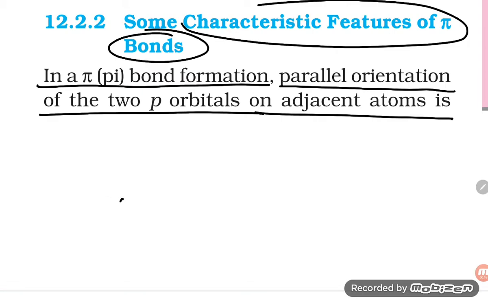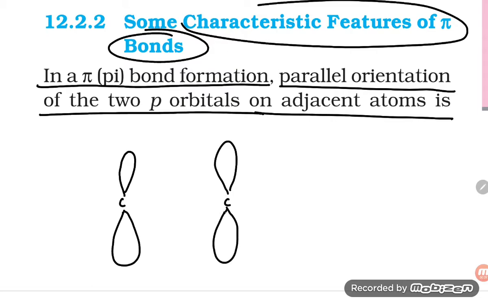It means, suppose this is the carbon, here is carbon. So how is the pi bond forming? Because of the parallel overlapping, or you can say that is side by side overlapping. So this is the pi bond. Here, in between, there is the sigma bond; this is sigma, this is pi, and this is pi.